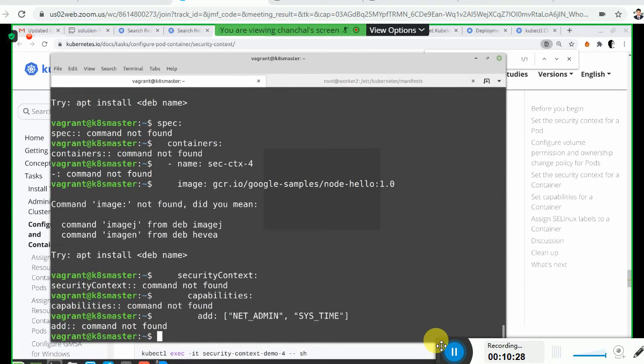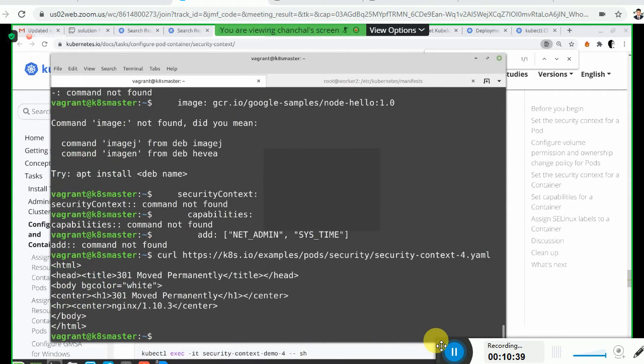Curl. There is an option -o, isn't it, for the output? I think wget is a better way to get that file.